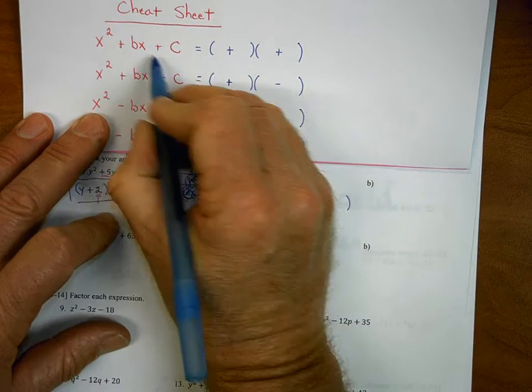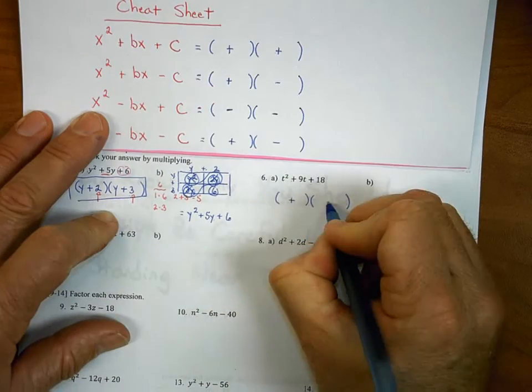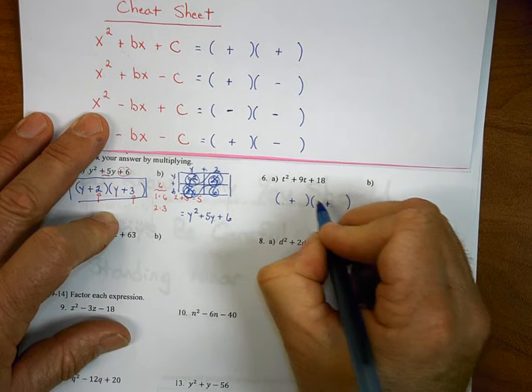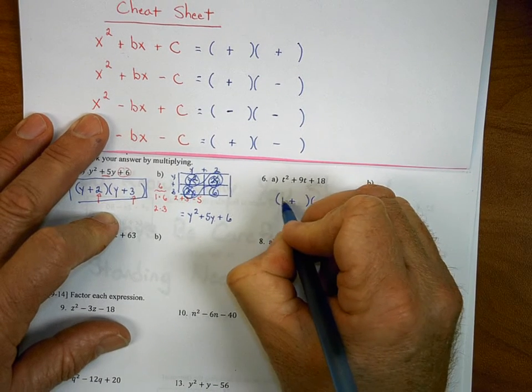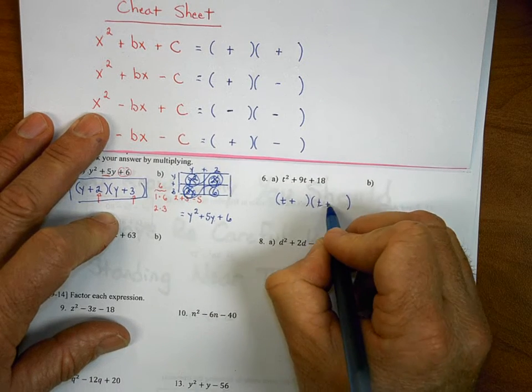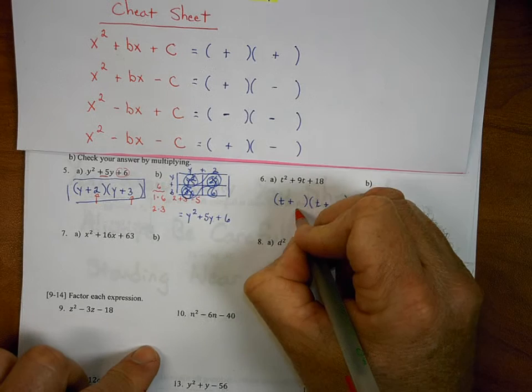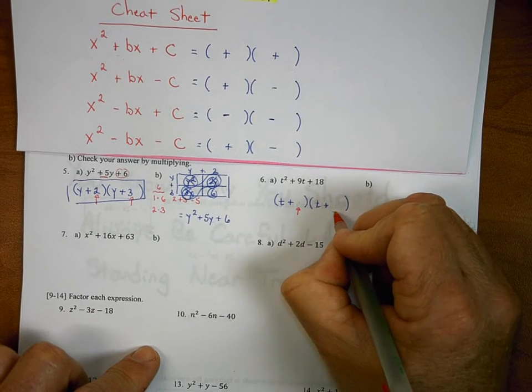And then, according to my cheat sheet, I'm going to have a plus plus in each parentheses. Now, the first terms are going to multiply to make t squared, so I'm going to have a t there and a t, so I'm going to have t plus something and t plus something. In order to figure out what numbers, once again, I'm going to put in these two spots, what I